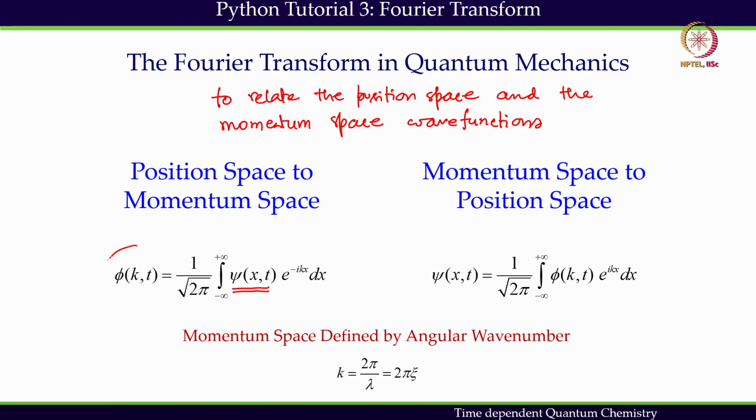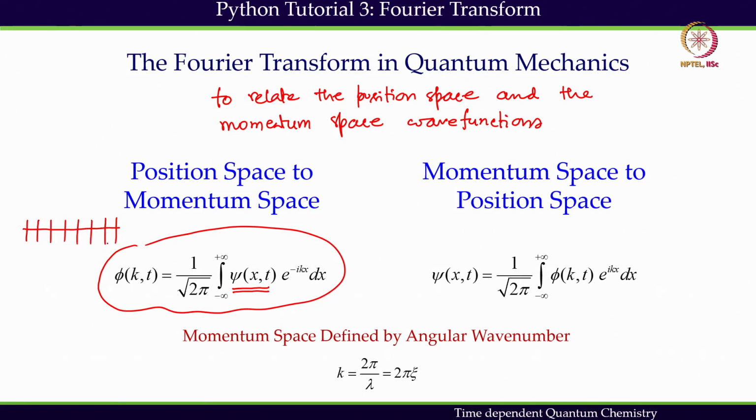this is the equation we use, the Fourier transform equation for the forward Fourier transform. We know that a wave function in position space can be represented in a grid representation in a programming language. So, we will see how to do that. This is your x grid. In the x grid you have a wave function defined, that is psi(x,t),